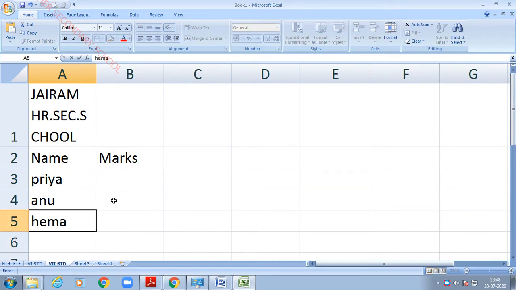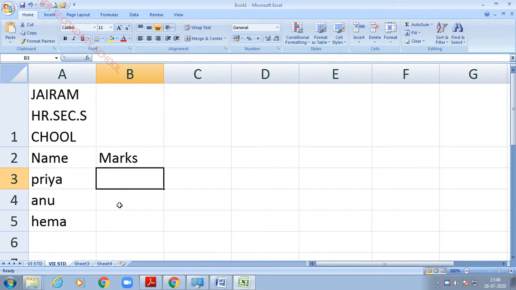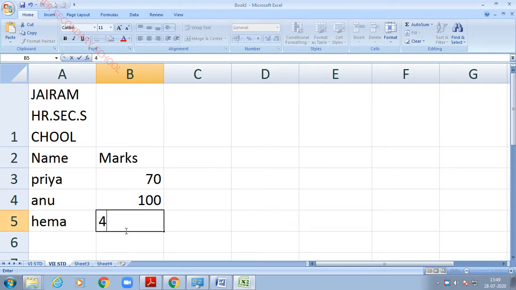I have given some example data here, and I am going to give some values: 70, 100, then 40.